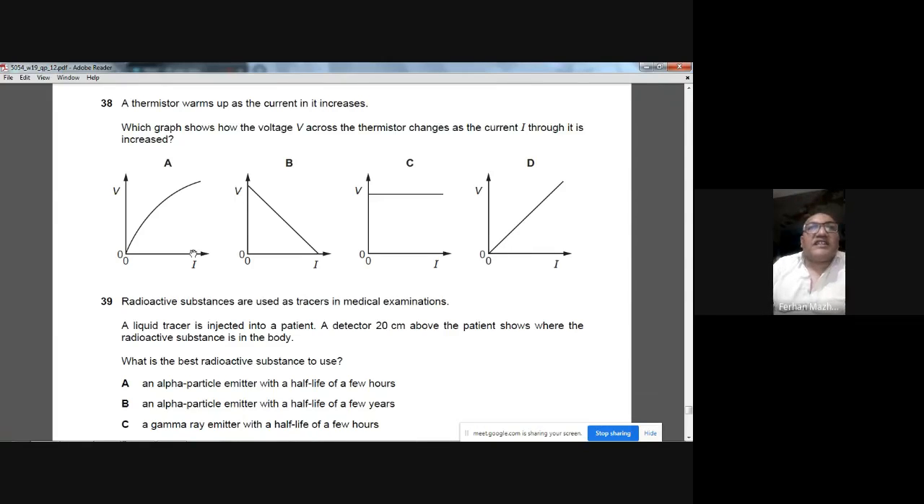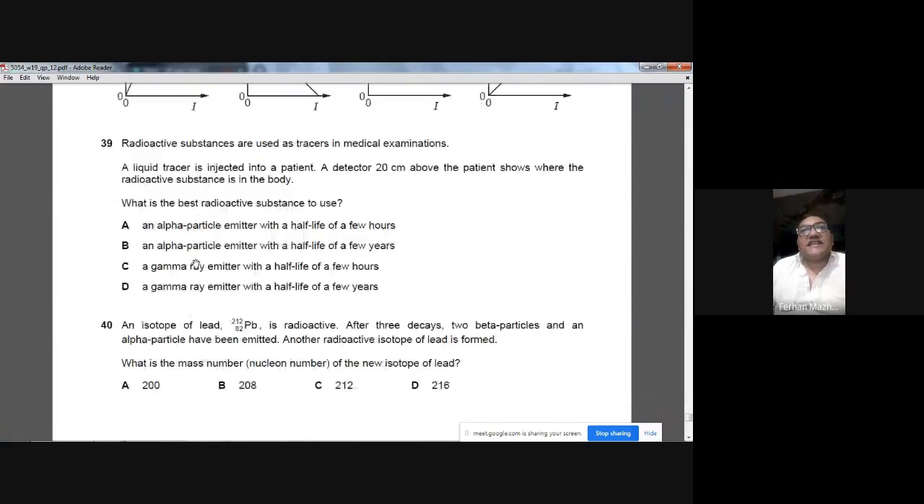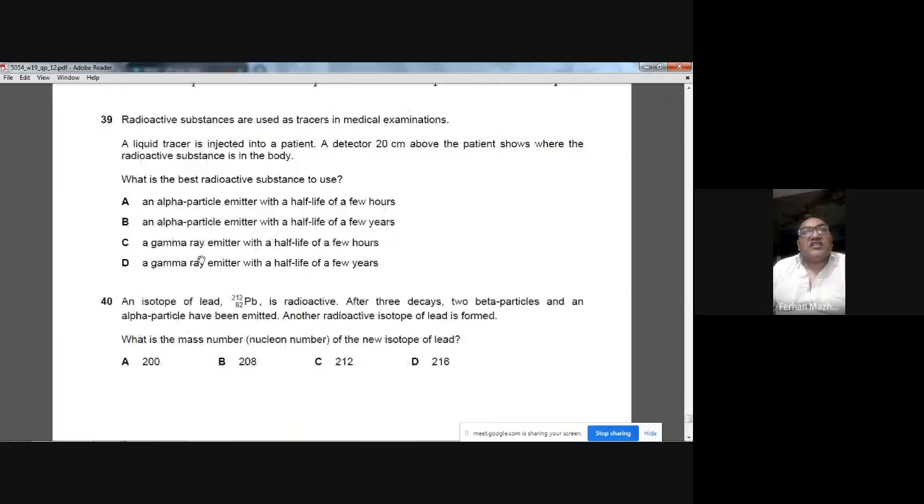Question number 39. Radioactive substances are used as tracers in medical examinations. A liquid tracer is injected into a patient. A detector 20 centimeters above the patient shows where the radioactive substance is in the body. What is the best radioactive substance to use? You cannot use alpha particles. Alpha particles